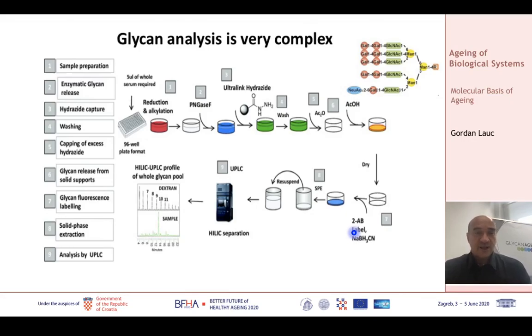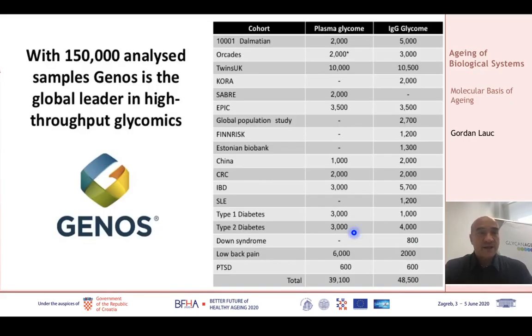So to analyze glycosylation in a biological system, we have to work with the small amount of biological sample we can get. And then we have to do many chemical steps to be able to reliably analyze glycans. This is why only a limited number of laboratories are actually performing high-throughput glycomics today. My lab is one of them, and we have already analyzed over 150,000 samples from different people, but not just any people, but people from the best phenotype and genotype cohorts in the world, including the Twins UK cohort, where we analyzed over 20,000 glycomes so far.